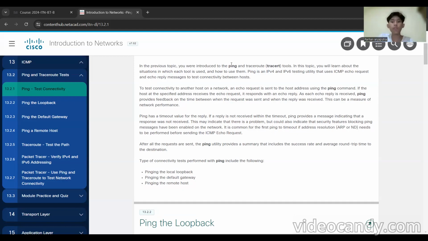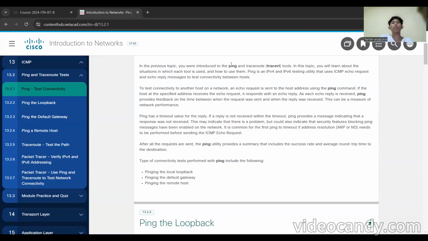It is common for the first ping to time out if address resolution, ARP or ND, needs to be performed before sending the ICMP echo request. After all the requests are sent, the ping utility provides a summary that includes the success rate and average round-trip time to the destination.